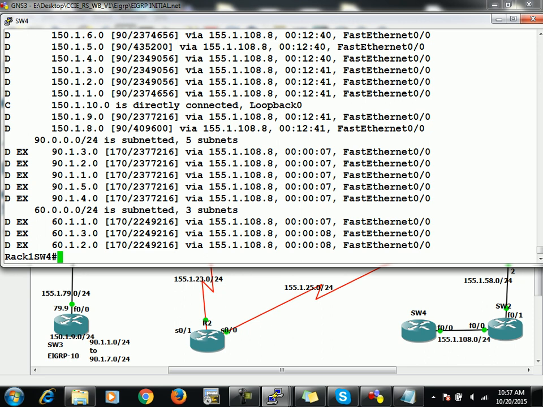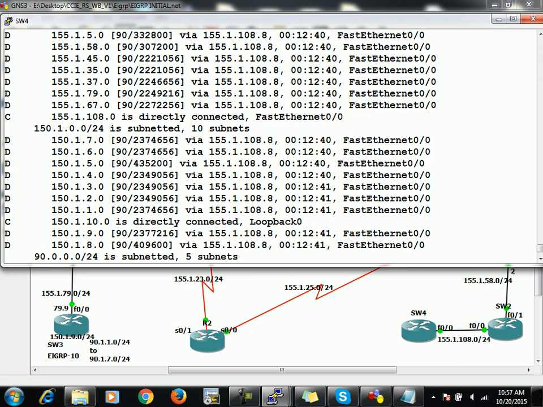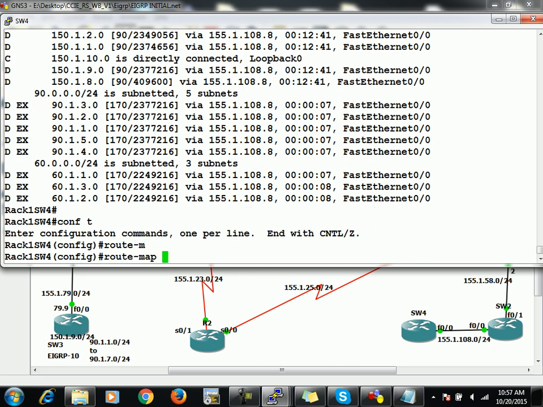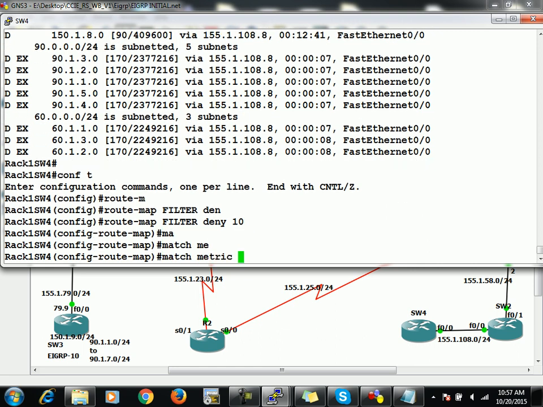Now, if I want to perform route filtering with the help of metric, based on metric values, let's say I want to filter all those prefixes which are coming with a metric, for example 2221056. I want to filter only those prefixes which are coming with metric 2221056. That's very simple. Like route-map, let's say filter deny 10, match metric, and then we can